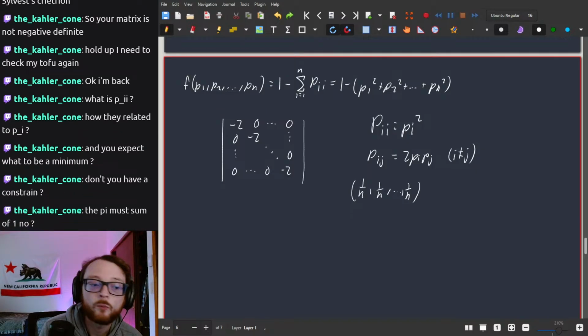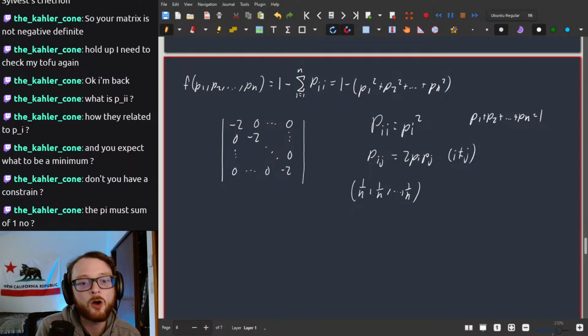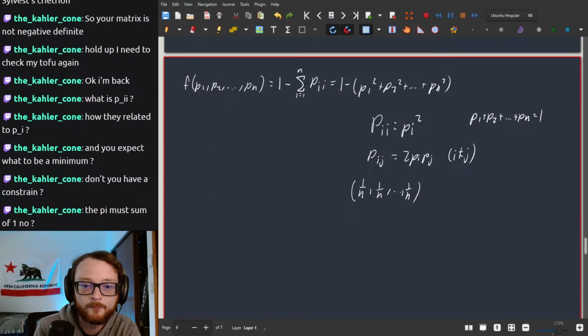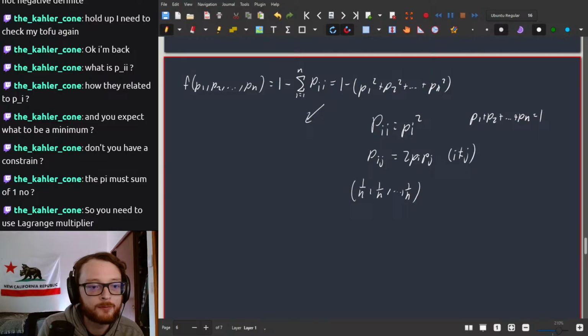Oh, wait, yeah. So there is a problem with what I just wrote here. Yes, you're right. Oh yeah. I was taking this constraint into account by just plugging it in for P_n. That was the trick that I was doing. I don't know if that's technically right, but